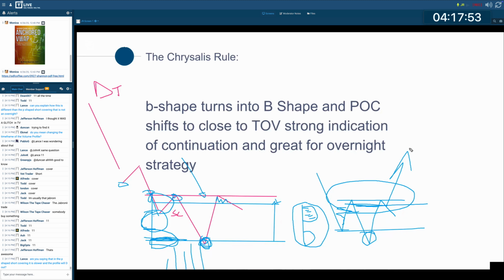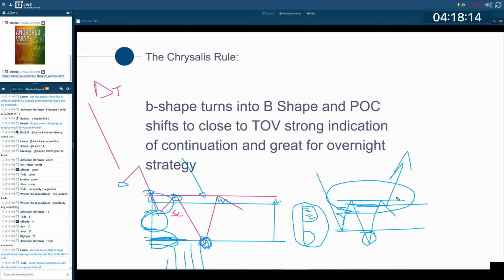So you're saying that P shape is slower in the profile? Yes, Lance. And what I'm saying here is that unlike the other P-shaped short covering that I was talking about, this actual profile gives you a fantastic opportunity. Even if you don't want to take this as an overnight short,